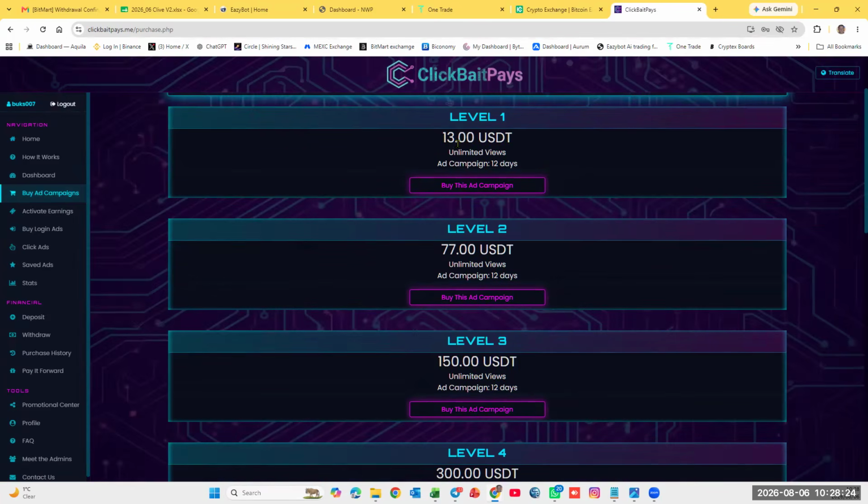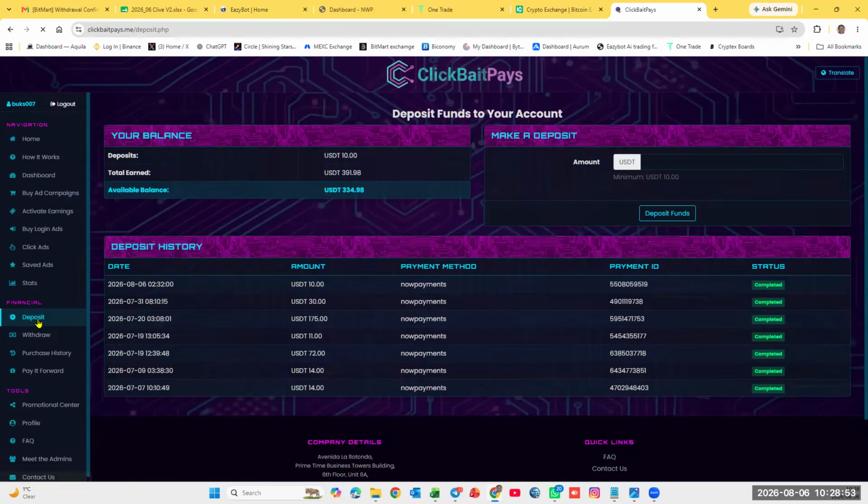What I'm telling you is, the first time you pay $14. On a 77, you'll add $7, 10% extra. Thereafter, if I buy another level 2 package or a level 1 package, I do not have to add the 10% extra again. Then it's just going to be $77. If you work it out, you're getting about 2.47 a day for each ad that you're clicking on. Okay, so let's go to deposit.